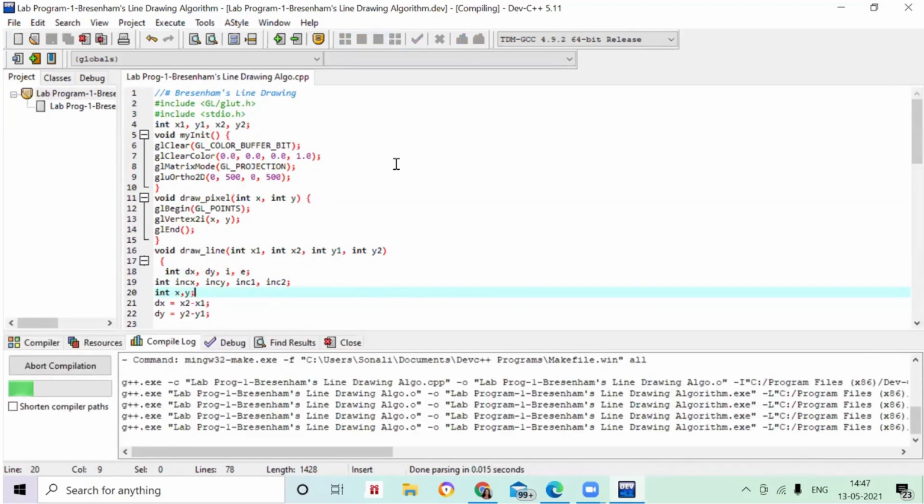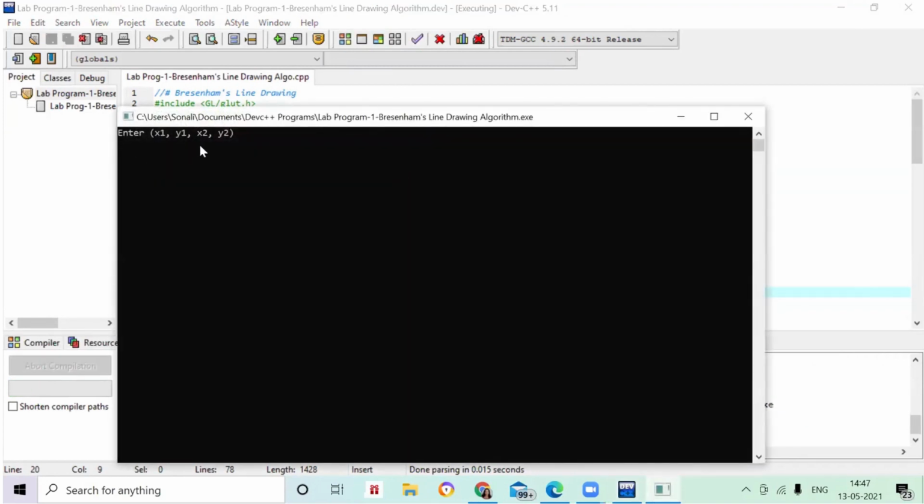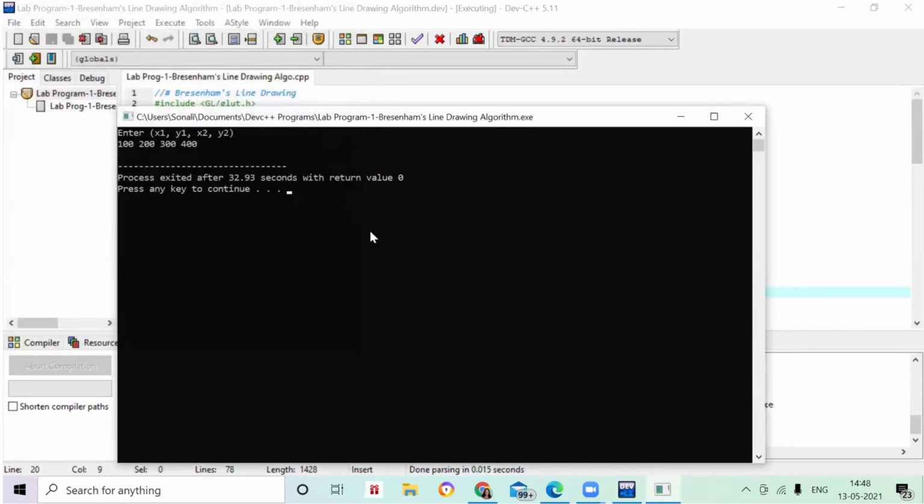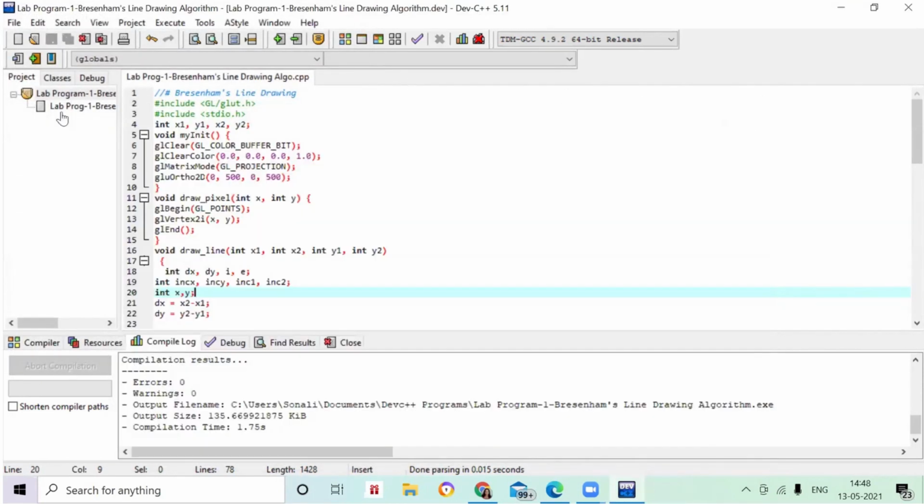You just see it once again, the output, how it looks. Here I have given some coordinate values. If you want to change, you can change. Here you can see Bresenham's line drawing, which you have given in glutCreateWindow. This 500 comma 500 window size has been created, and this is your 0 comma 0 position. From here it has taken 100 comma 200 and it started plotting all the draw pixels. Lastly the line has been drawn. So this is the explanation about your Bresenham's line drawing algorithm. Hope you people understood this. Thank you.